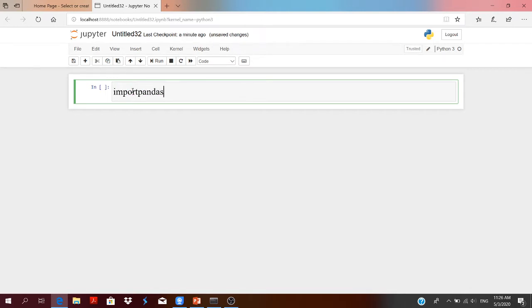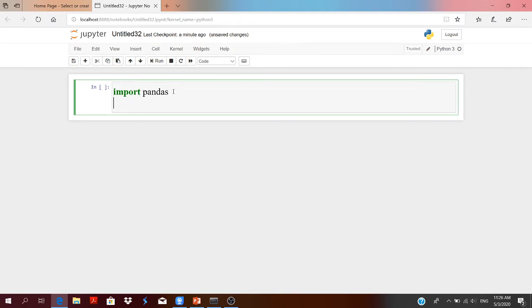Import pandas. A is equal to pandas dot DataFrame. I'm creating a data frame from a dictionary.